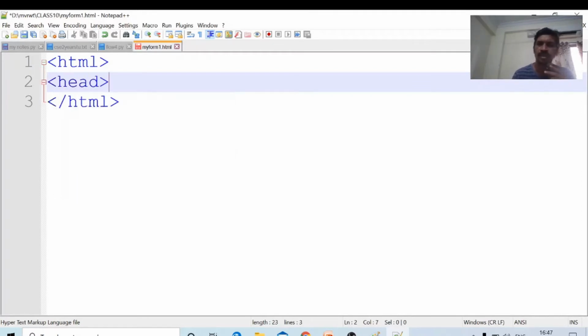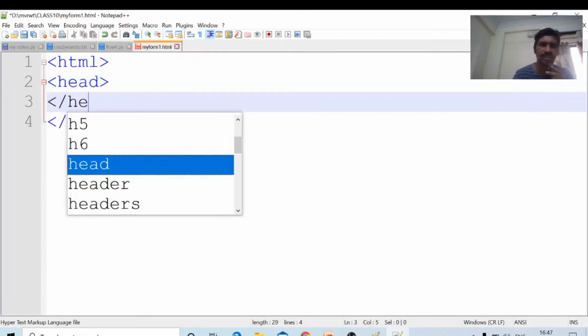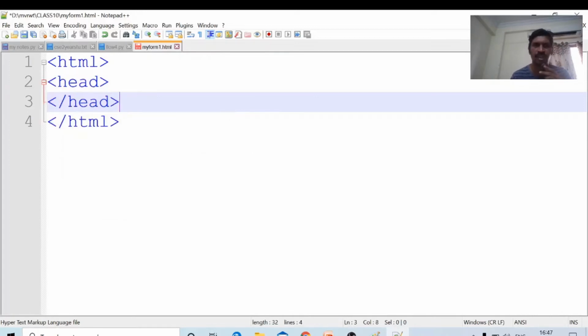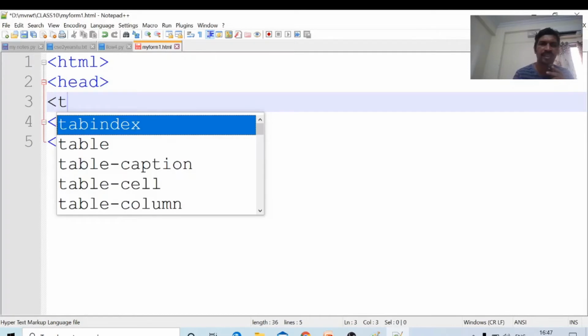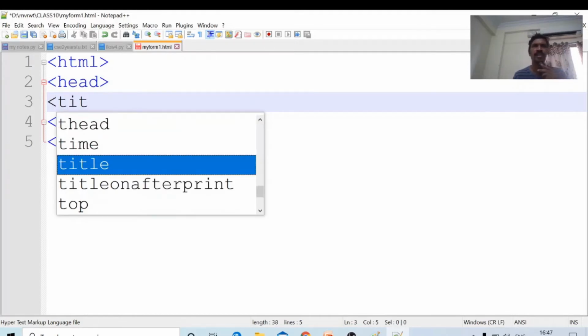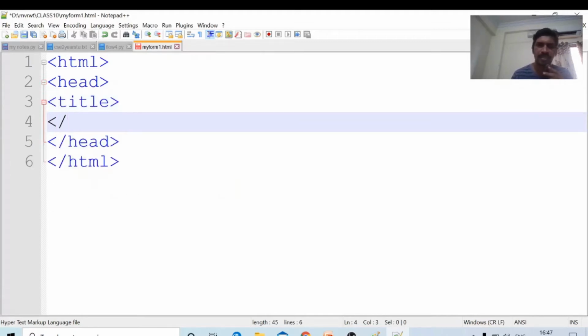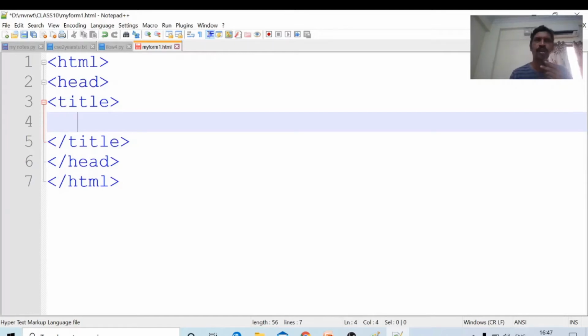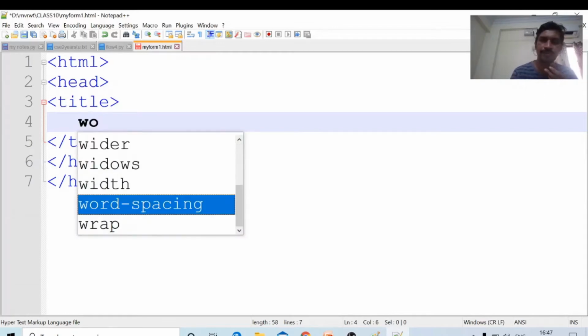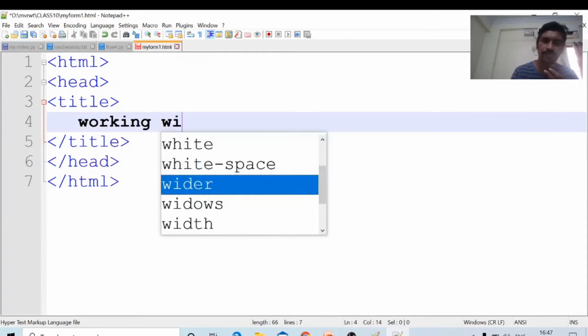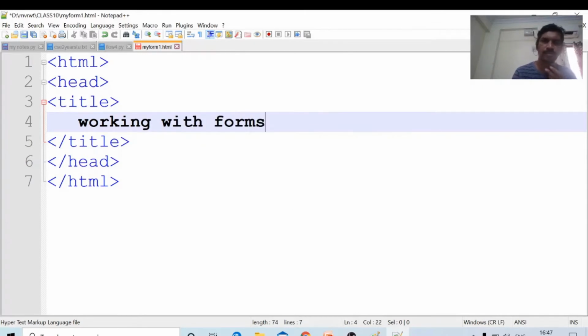Header section: in the cascading style sheets topic, we will see some of the contents of the header section. Till now we have seen only the title. The head contains the title. Okay, other links are also there. In CSS we will see those. Title, /title. Okay, I will share all these files with you, within one or two days. How to retrieve all these programs we will see in the next class. Title: working with forms. Working with forms, first program, that's why I have given one.